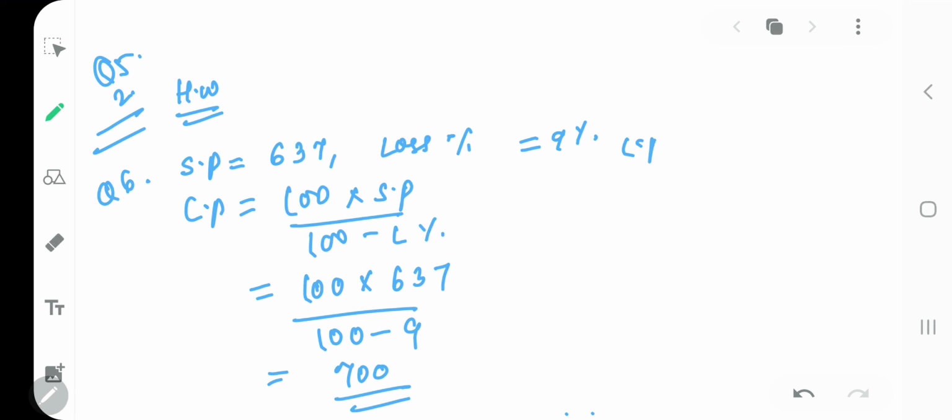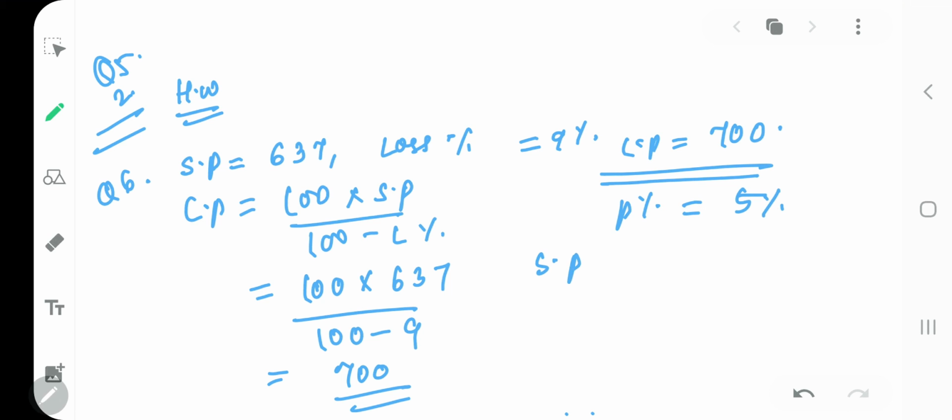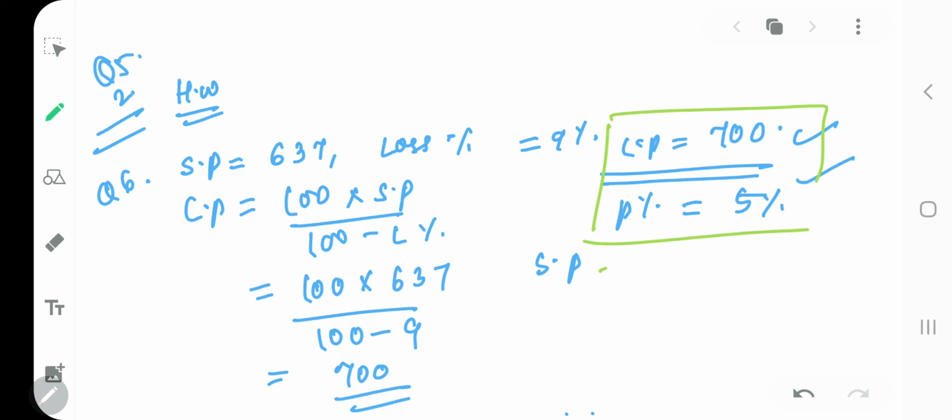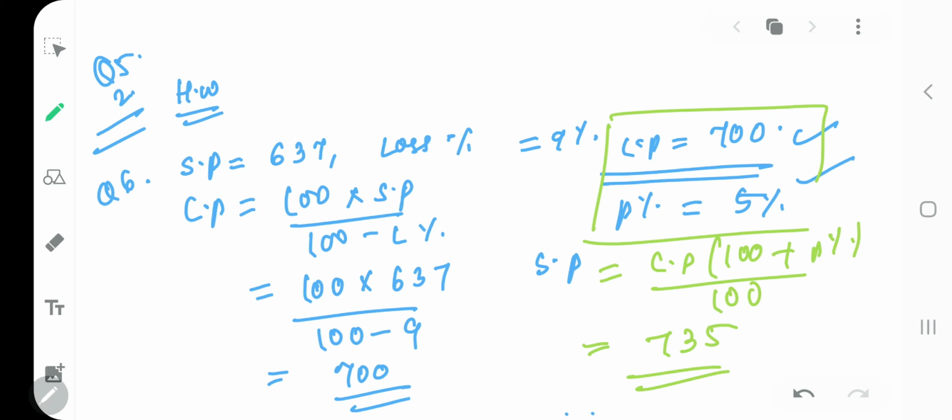Once you got the cost price, my dear kids, now they are saying that for how much it should be sold if he desires a profit of 5%. Now this is saying that CP has come into your hand, and I am also giving you the profit percent, 5%. You tell me what the selling price will be. You have 2 things required, so you have to now find the selling price. You have a nice formula for finding selling price, my dear kids. It is CP into 100 plus profit percent upon 100, and that will come to 735 when you put all the things into the formula. Isn't it easy? Yes, it is.